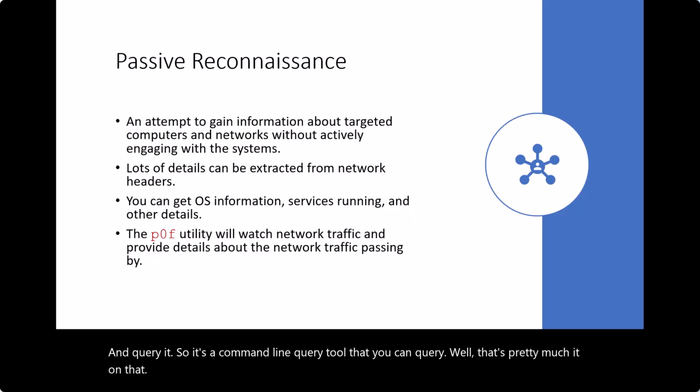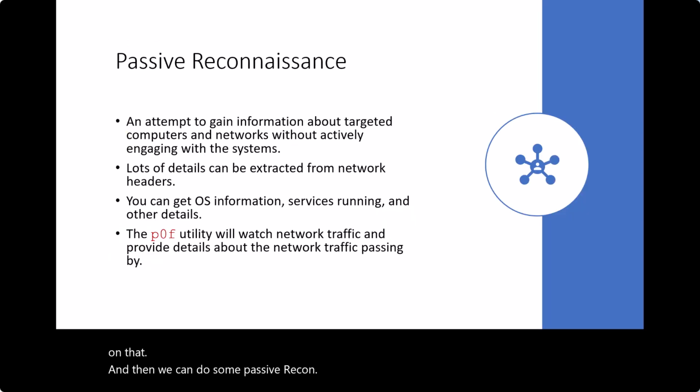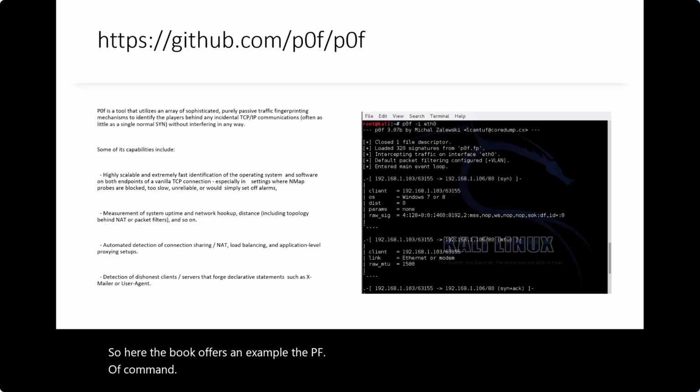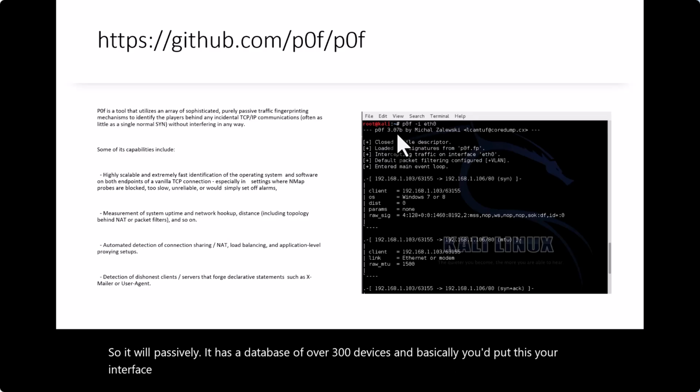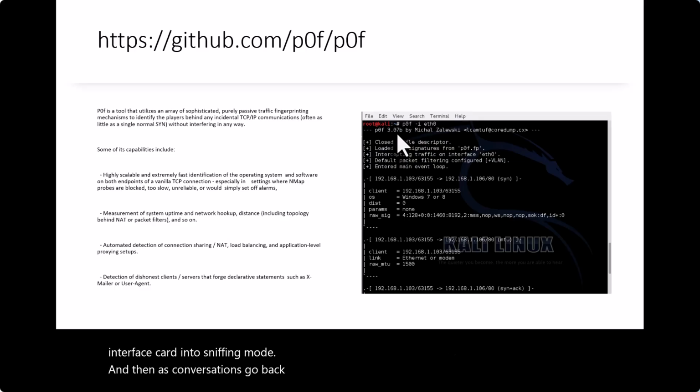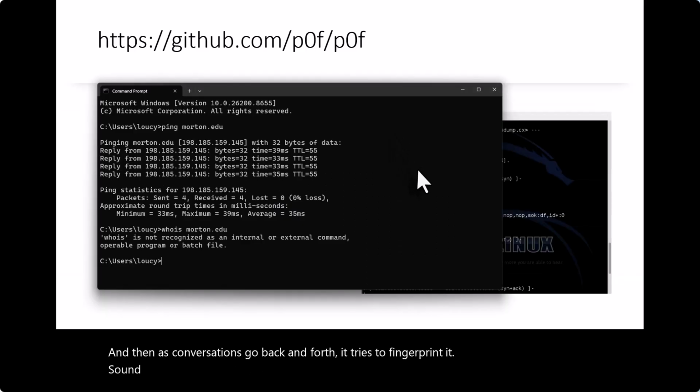And then we can do some passive recon. So here the book offers an example, the p0f command. Here's essentially off their website. You can go to their GitHub page and see the stuff. It has a database of over 300 devices. And basically you put your interface card into sniffing mode. And then as conversations go back and forth, it tries to fingerprint it. So like an example of that would be,